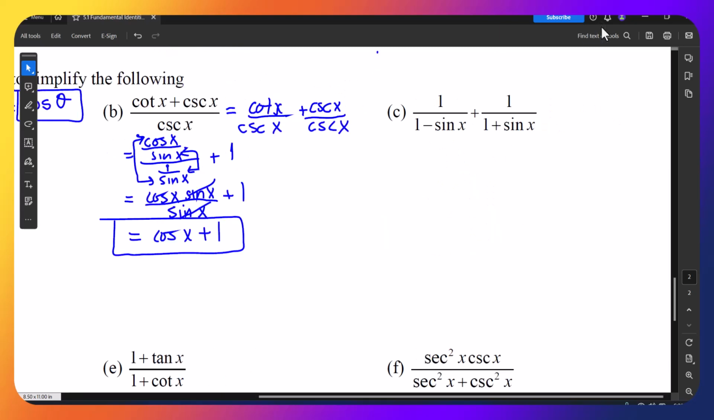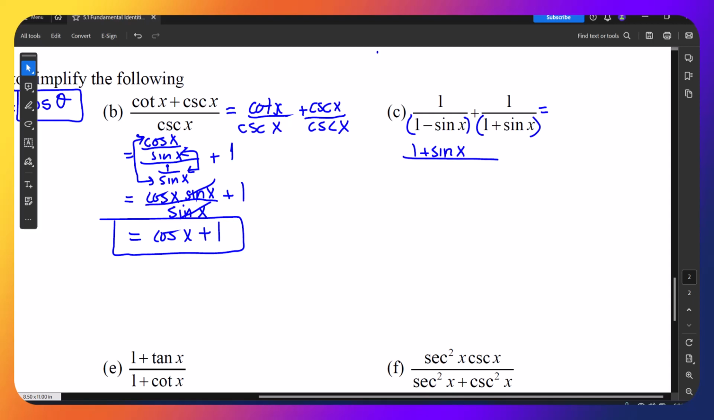Letter C, I'm looking at 2 fractions being added with different denominators. So first guess here is to go ahead and create a common denominator so I can actually add these 2 fractions and see where it takes me. So common denominator would be the product of these 2 denominators. So I'm going to go ahead and multiply the first fraction by 1 plus sine of x divided by 1 plus sine of x. So we're going to have 1 plus sine of x